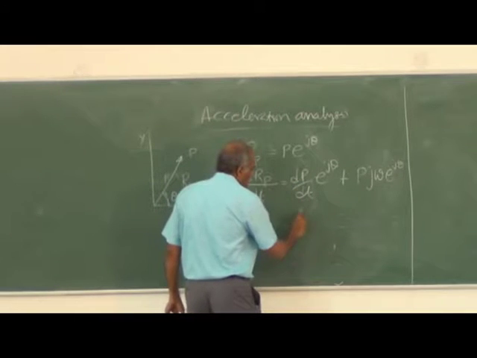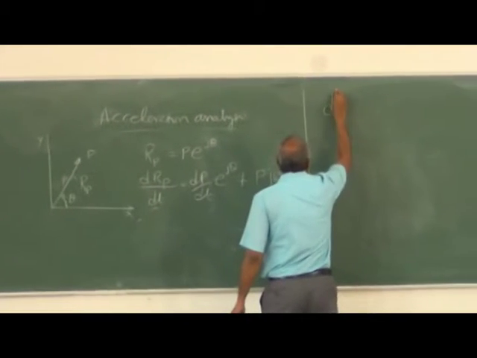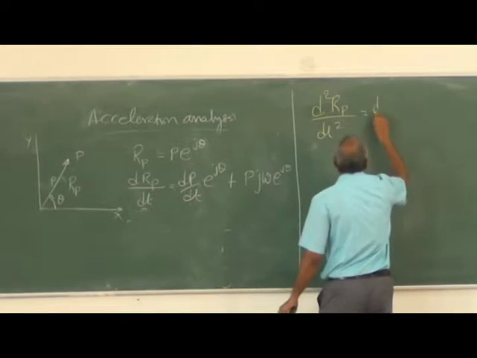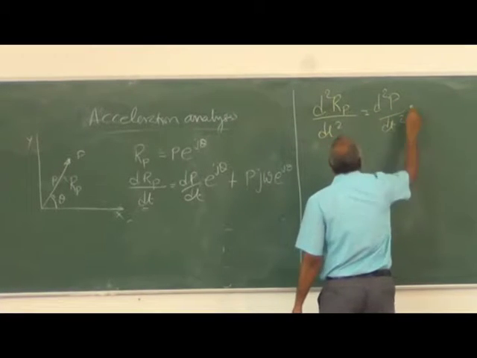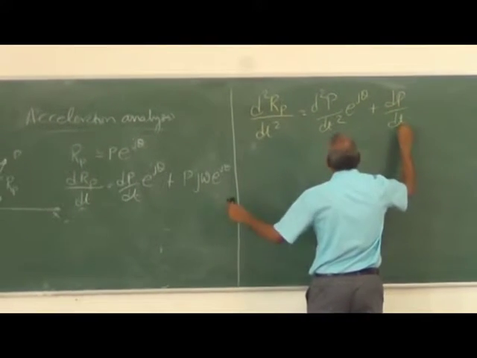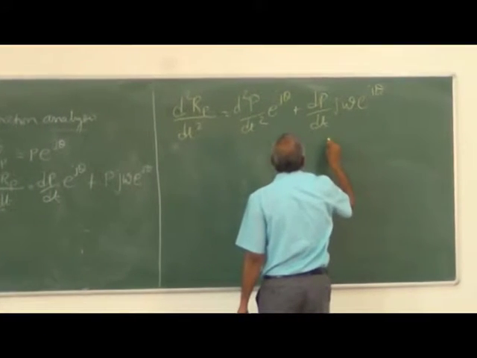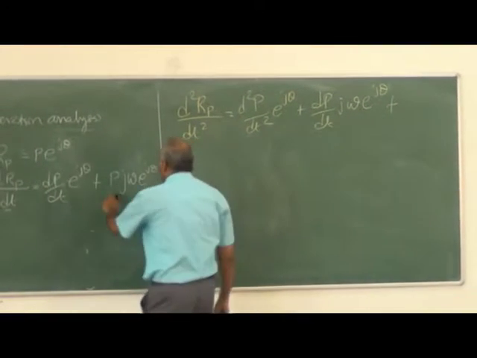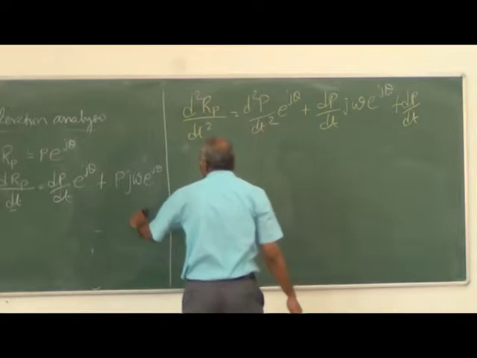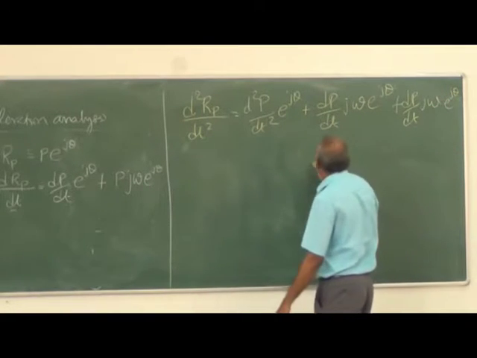Here you will see the first term. d square rp divided by dt square can be d square p by dt square e power j theta, plus dp by dt times j omega e power j theta, plus here dp by dt j omega e power j theta, plus